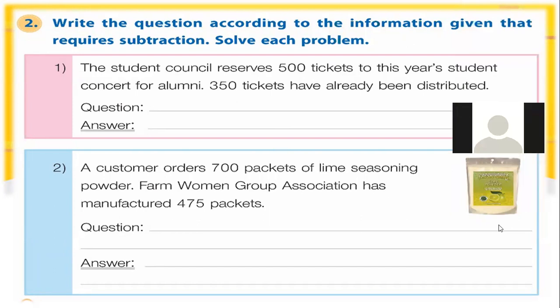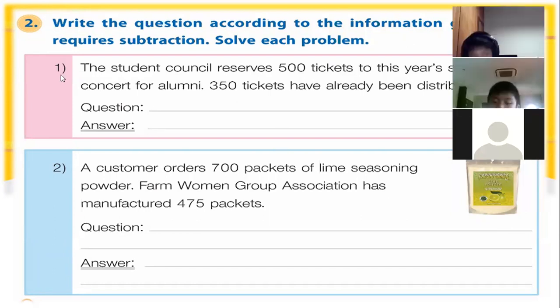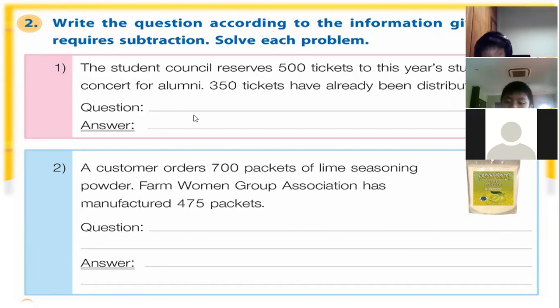Okay, students, now look at question number 1. We have: the students council reserves 500 tickets to this year's students concert for alumni. 350 tickets